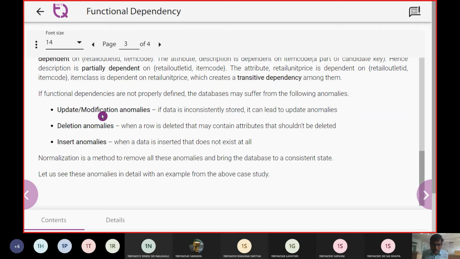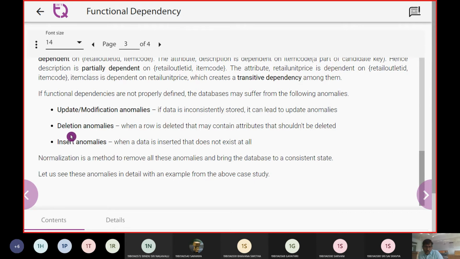As far as the update or modification anomaly is concerned, it has to be consistent. If data is inconsistently stored, then whatever value we put will not be used. I use the tournament as an analogy because I am assuming the database as a tournament. Similarly, I am going to have some value in the database that is not used more frequently. So that has to be modified and changed. So we need this data to not be inconsistently stored.